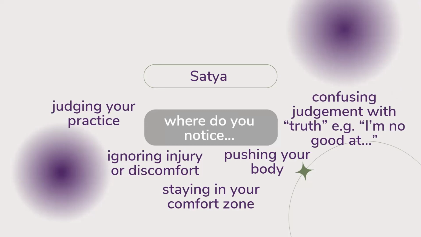For example, you're saying, oh, I'm no good at this, or having these ideas about yourself that are actually really part of the ego mind, rather than objective truth. So the main point being, the more you can be in that unchanging place, the more space you have to start to notice these things coming up.